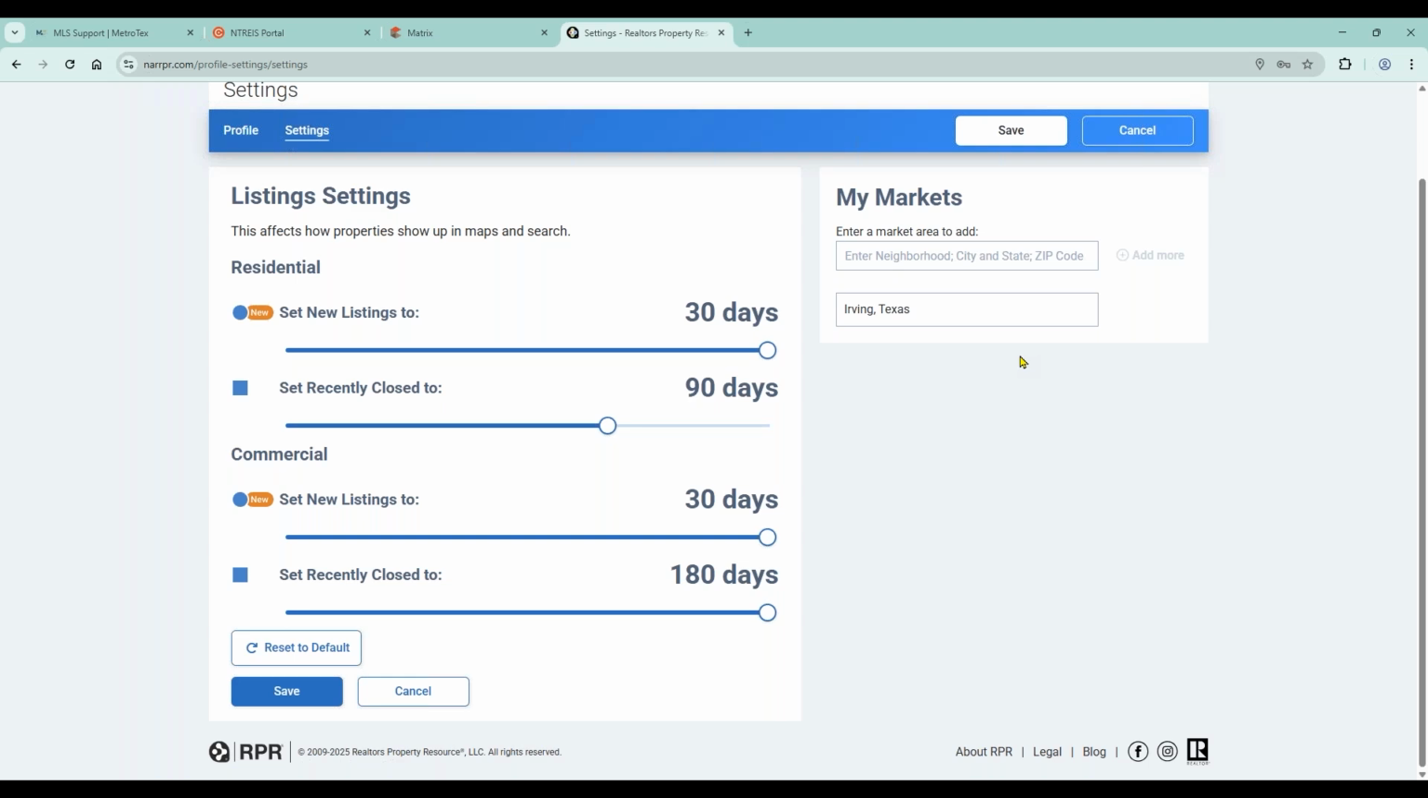So if you're familiar with the Market Watch in Matrix, this is kind of a similar idea, but it's going to allow you to determine what qualifies as a new listing and what qualifies as a recently closed listing. This is also going to affect how that appears on the map. If you do any searches for listings and you look at that map, it's going to have the icons attached to each of the properties that fit your results, and you get to be the one to decide what qualifies